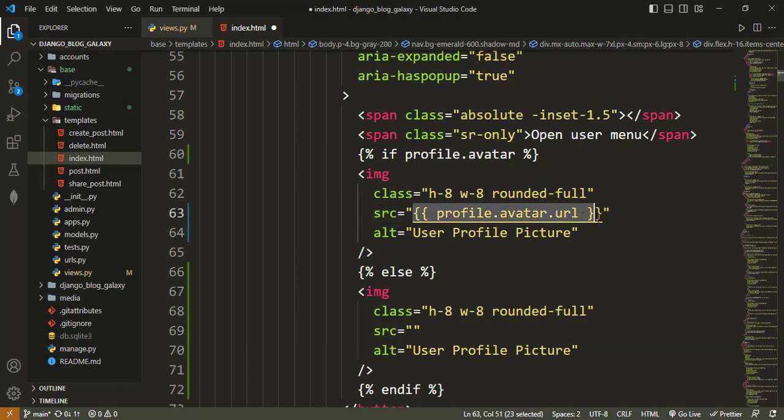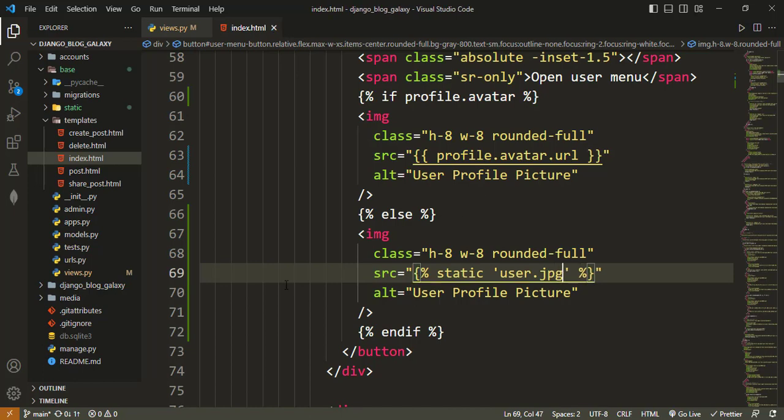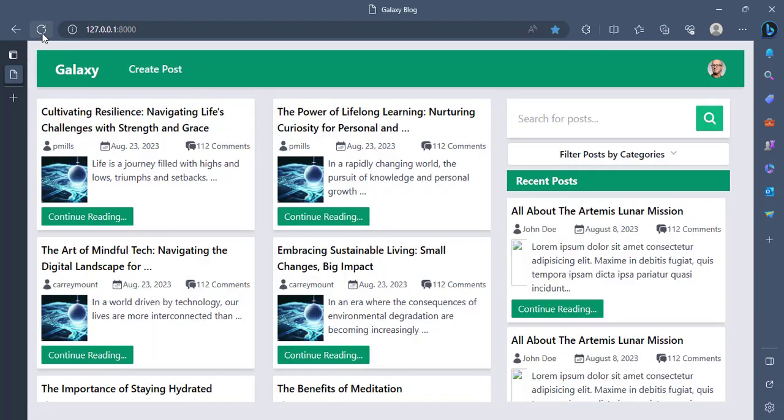And so here I can say, make sure that I'm in the else, yes, here. And then the name of the file, which is user.jpg. Okay. So let's refresh and see that the thing has changed, because I'm the one logged in. My image is up there. So if I should log out or sign out,